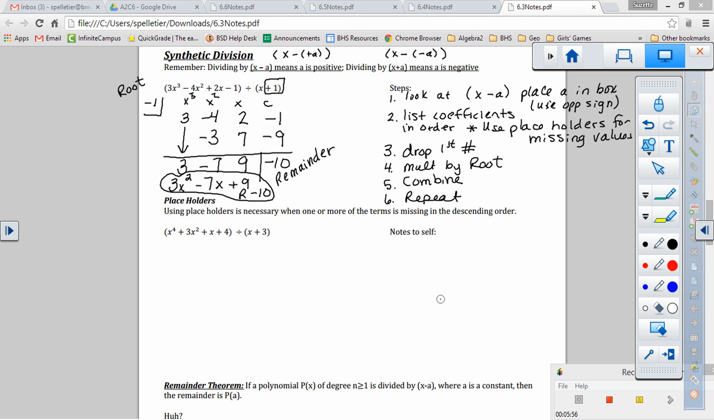When you divide 3x to the third minus 4x squared plus 2x minus 1 by x plus 1, you're going to get 3x squared minus 7x plus 9, remainder negative 10. When you take the x to the third and you divide out an x, you're going to be left with an x squared. So this first term,